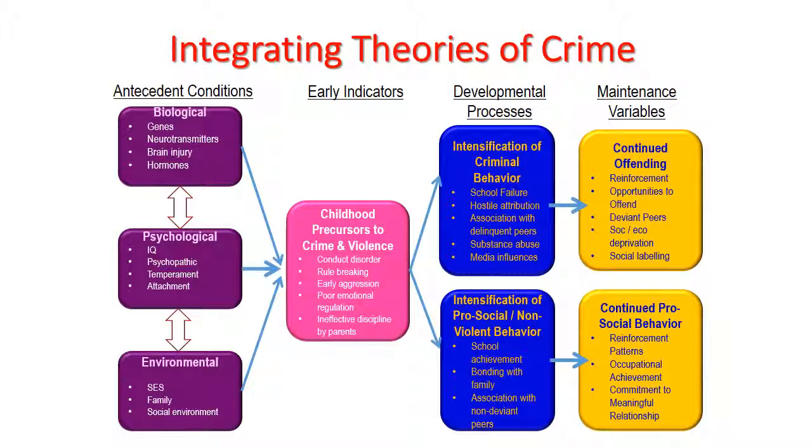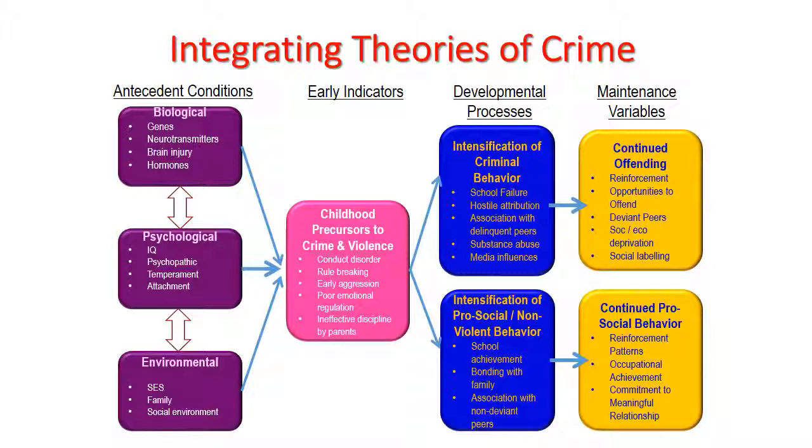Thirdly, the continued presence of deviant peers in other stages of their lives is also likely to increase the likelihood of being involved in criminal behaviors. Now, this is a little bit of a chicken and egg situation because if you're already involved in deviant behaviors, you're more likely to engage with deviant peers and you amplify and encourage each other in these activities. Feelings of socioeconomic deprivation, which lead to frustration, can also result in continued offending, and social labeling, where people in society already expect you to behave in a certain way, may result in a somewhat self-fulfilling prophecy where people then continue to react in those ways.